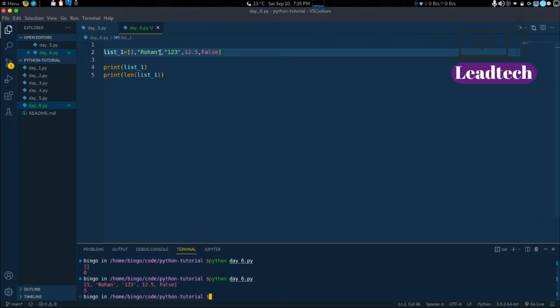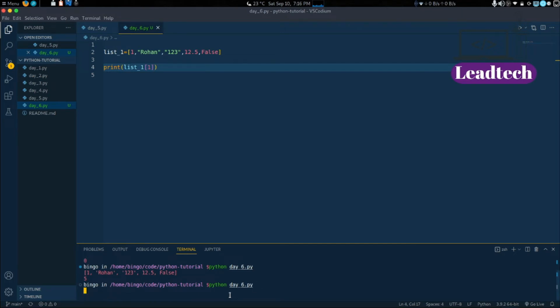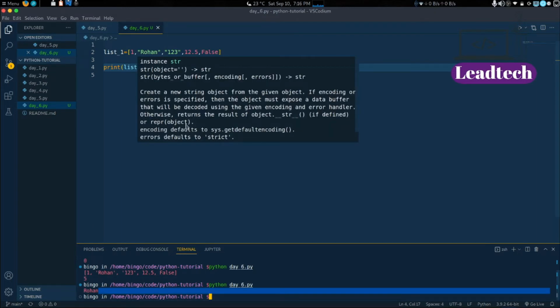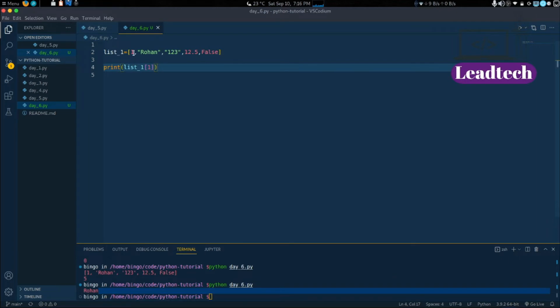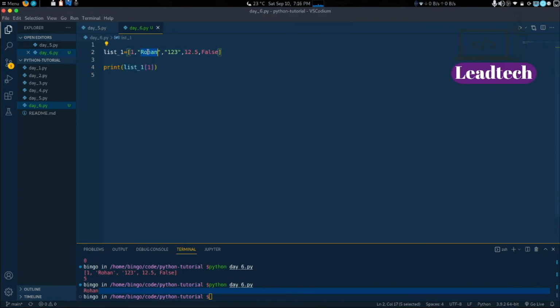So friends, in a list the index number starts from 0. We can access a particular index number by this syntax. Okay, let's execute our code. So it's printing Rohan. As you can see here, in a list the index number is starting from 0. So at index 0, 1 is here, and at index 1 is Rohan. Okay,